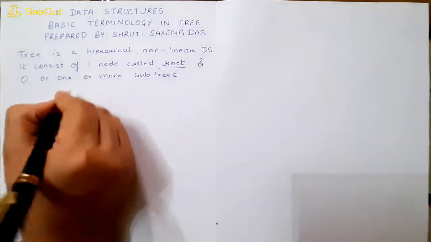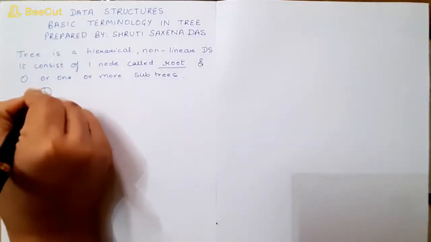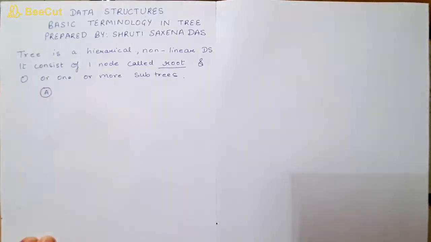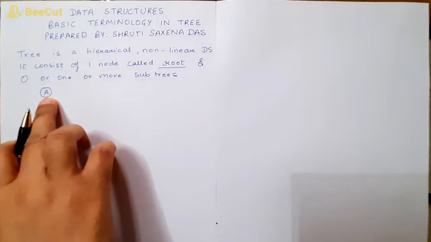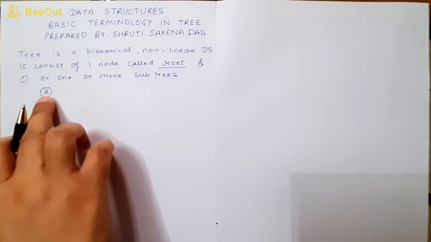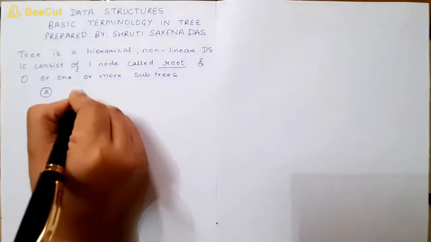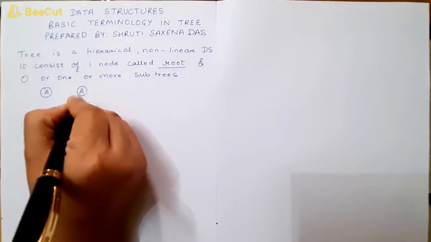Suppose you have only one node. This is also a tree, and if you have only a single node, then it will be the root node. Suppose you have a tree like this,